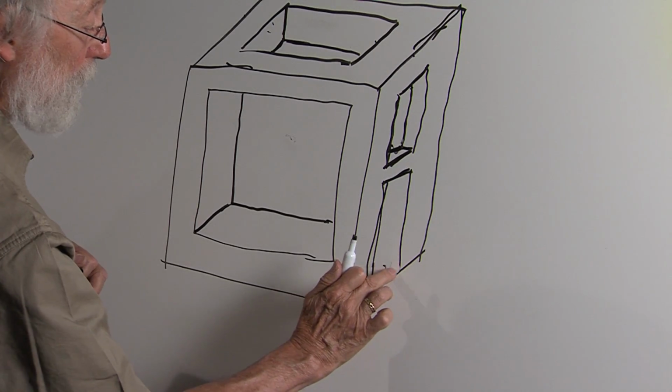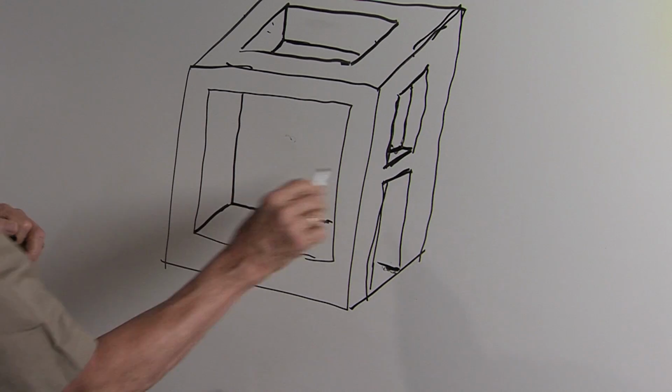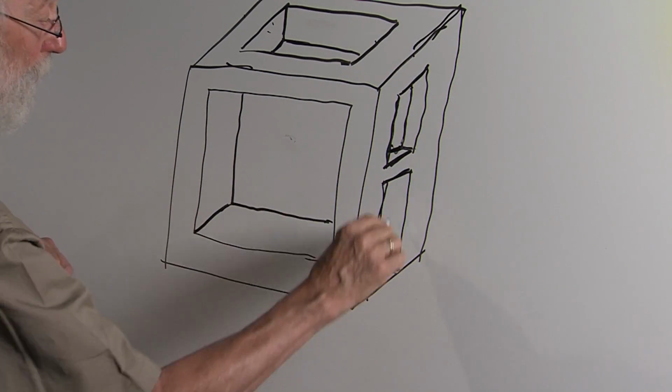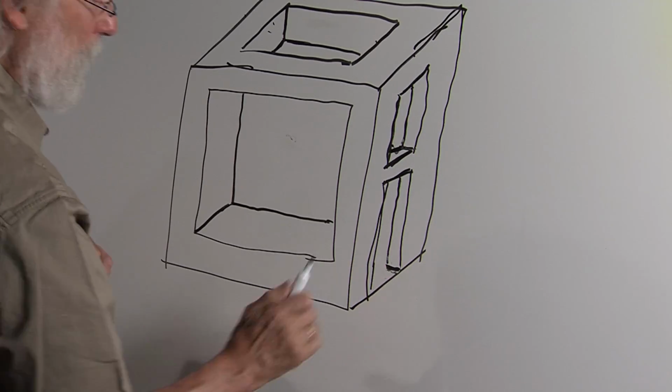I'm a little bit off here. Straight across like this, just like these lines. This one, I did okay, yeah. And then come down like this, and you'd have a little doorway.